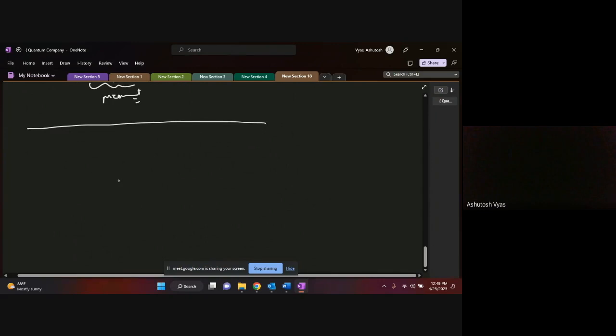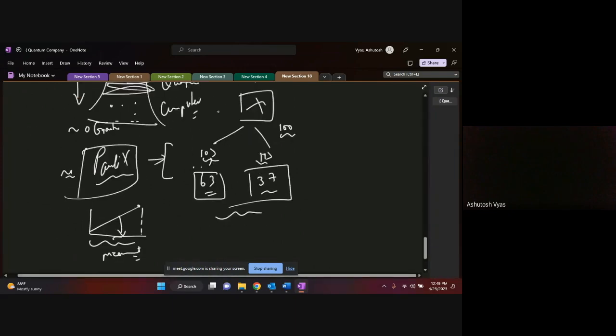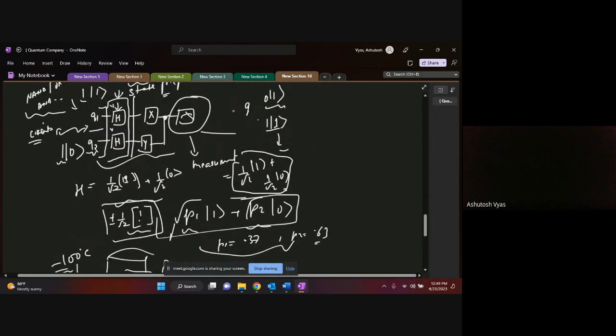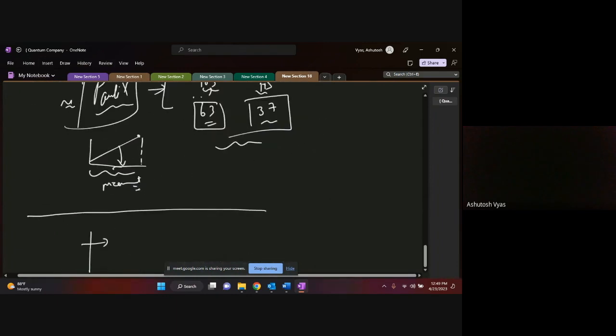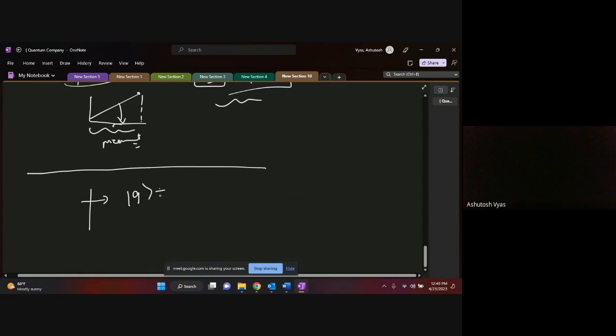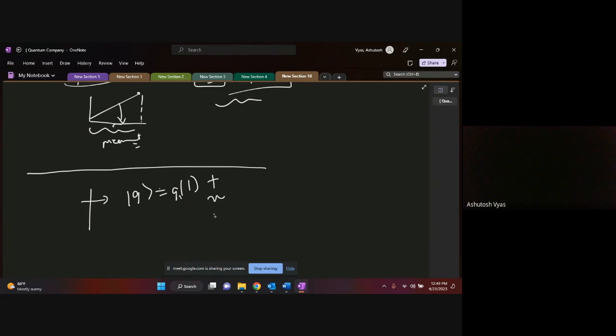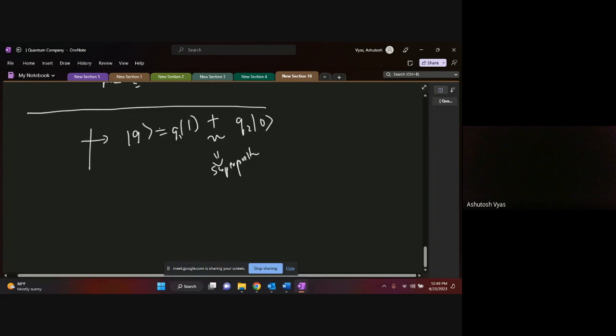Now let's quickly look into other fundamental phenomena of it. Whenever you are mentioning any quantum qubit system, this plus sign basically refers to superposition. Why? Because you are bringing two basis vectors together and representing a phenomenon. The quantum bit is rotating anti-clockwise and also rotating clockwise. So you call these things superposition.